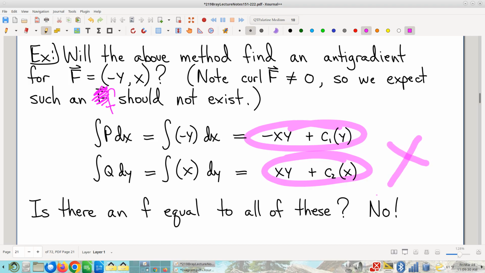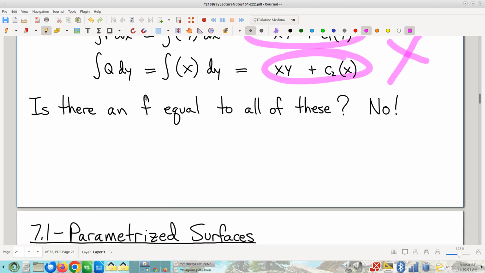Right? And I think it's actually pretty satisfying, pretty clear. Again, just try. And what you're going to run up against pretty quickly as you try is that you just can't make it work. So again, this is good news. It shouldn't exist. We shouldn't have found something, so thankfully we didn't. And by the way, this is what it'll look like when you try to find an anti-gradient that isn't there. Again, this process doesn't just magically produce anti-gradients.